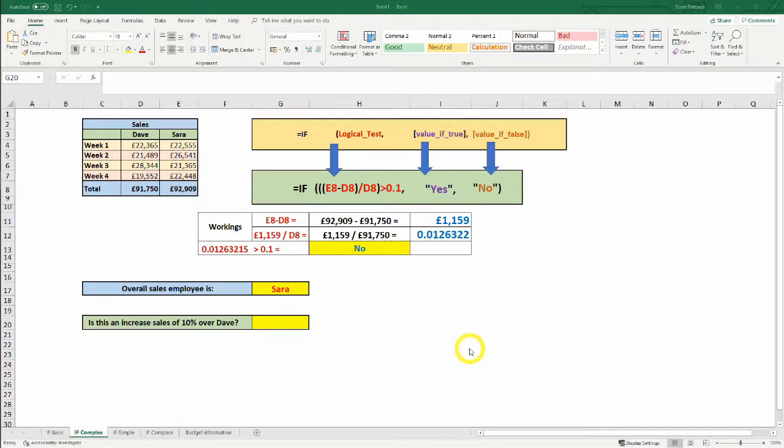Okay, on to the next bit of the example. Now we're asked in the question, is Sarah's increase over Dave 10% higher? To do this, we can write in the following if statement. What this if statement is saying is, if E8 minus D8, which will be